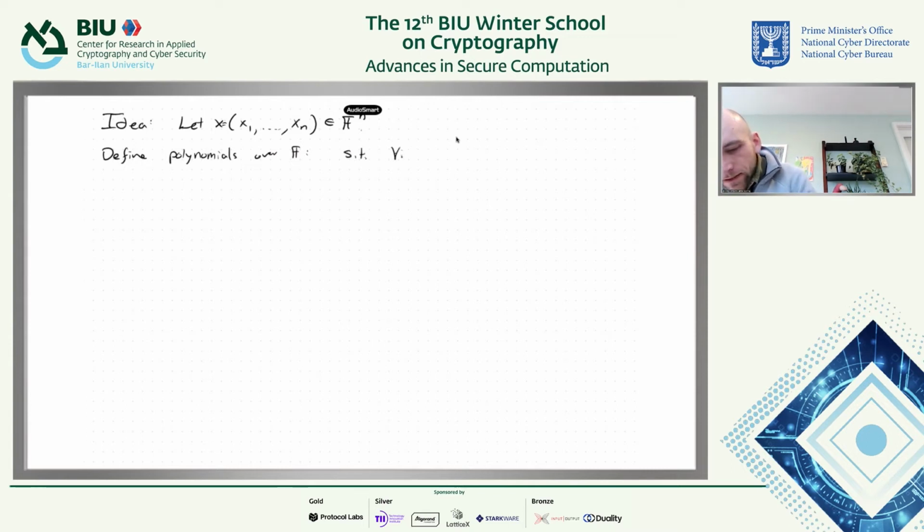And the polynomials are defined for all points in the set 1 to n. The first polynomial is going to satisfy f(i) = x_i, the ith input value. And g(i), the next polynomial, is going to be x_i - 1. And h is going to be f times g. So the first polynomial is f, the second is g, the third is h, and they have